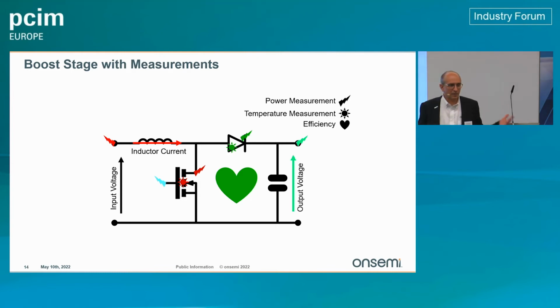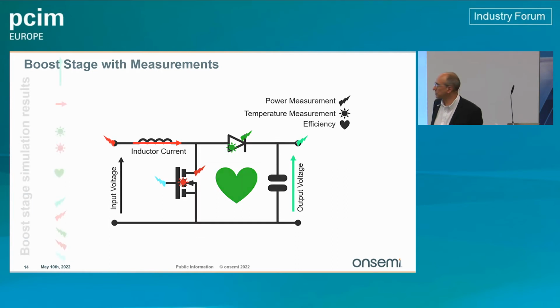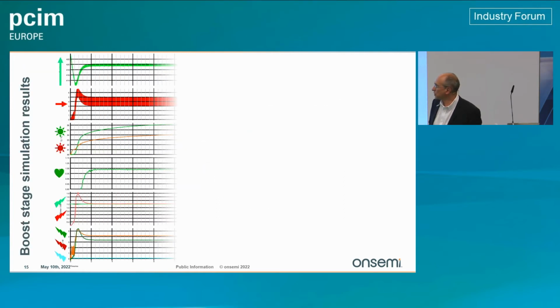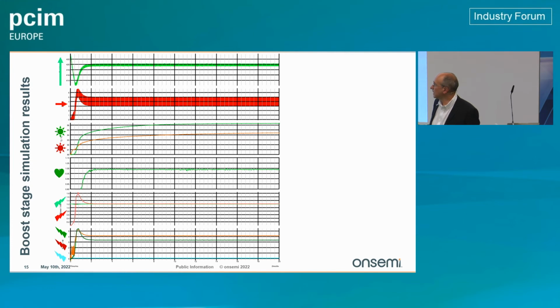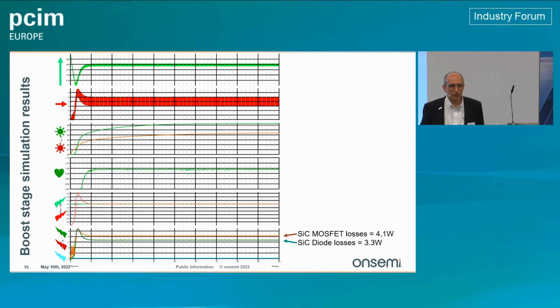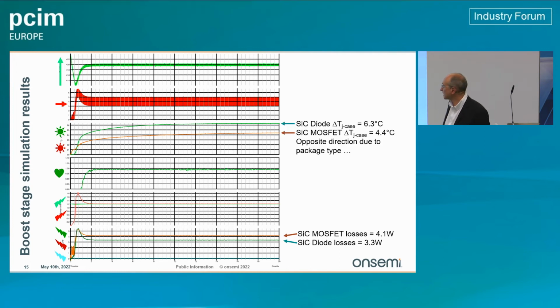So I made the simulation schematic, I ran the simulation, and this is how the simulation goes. You see I have a 4 amp average, 1 amp peak to peak. This is what I have designed for. My voltage is stable at the output. And you see here the temperature effect going up, the efficiency really close to 1, the losses inside the devices. So if I analyze my result, I can see that the silicon diode losses are around 3 watts, the silicon carbide MOSFET 4 watts.